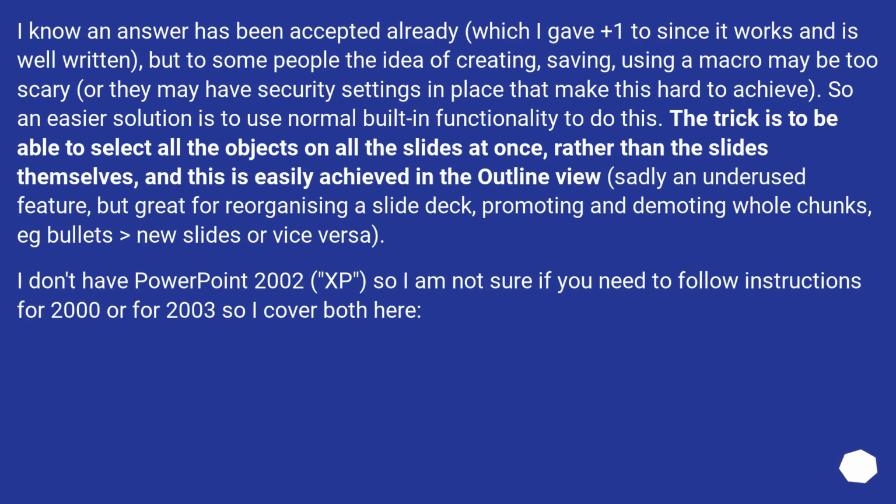I know an answer has been accepted already, which I gave +1 to since it works and is well written, but to some people the idea of creating, saving, using a macro may be too scary, or they may have security settings in place that make this hard to achieve. So an easier solution is to use normal built-in functionality to do this. The trick is to be able to select all the objects on all the slides at once, rather than the slides themselves, and this is easily achieved in the outline view,